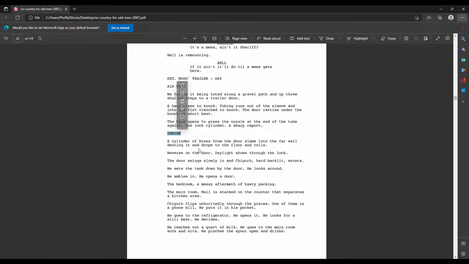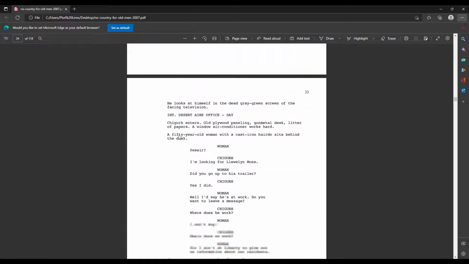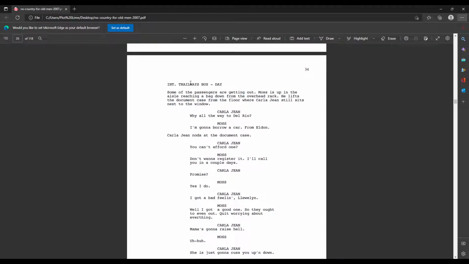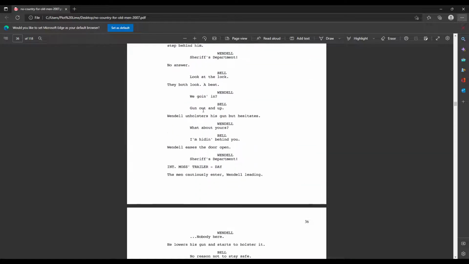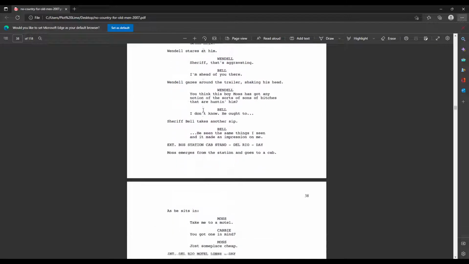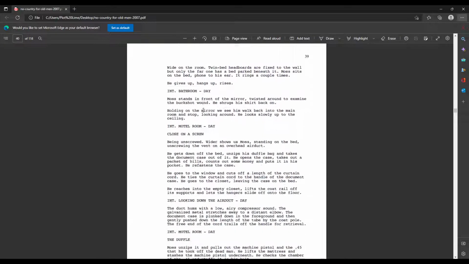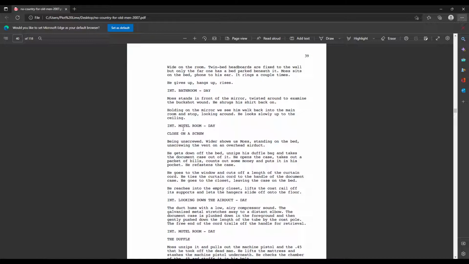Interestingly, he's put a sort of transition there which just says inside, which I am not actually adept at using myself, but I'm sure we'll cover it at a later date. Trailways bus, what else have we got? These are very long scenes. Interior motel room day, interior bathroom day,